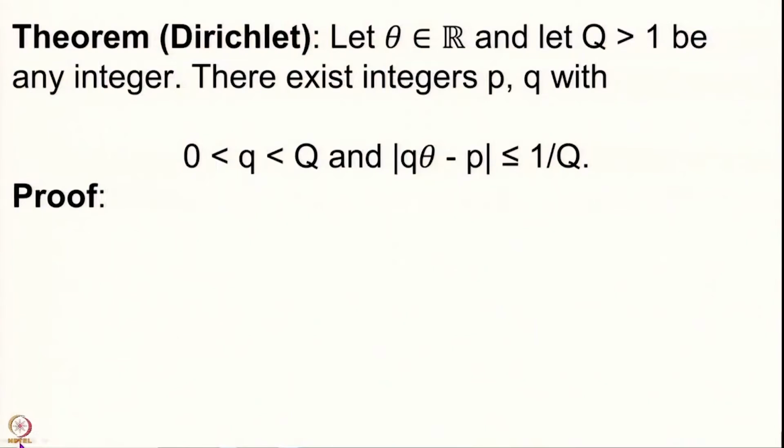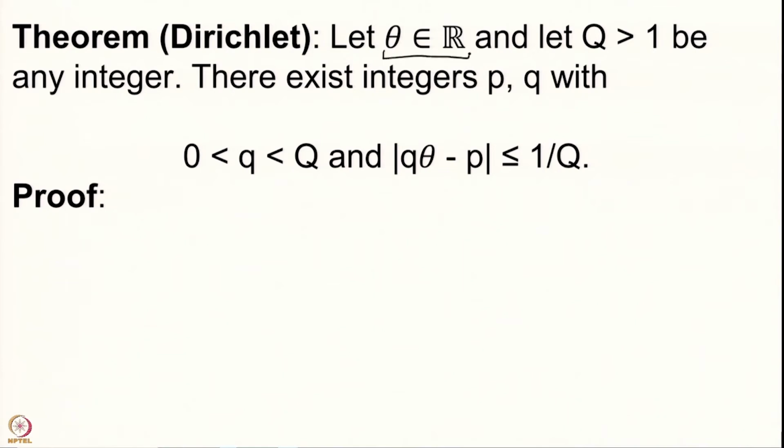So, this is an instance which we are going to study soon in our coming lectures, but the point right now we want to understand is what is a good approximation, and does there exist at least one such good approximation to a given real theta. That has an affirmative answer by this theorem proved by the mathematician Dirichlet. So, let me recall the statement of the theorem. Let us understand the statement of the theorem.